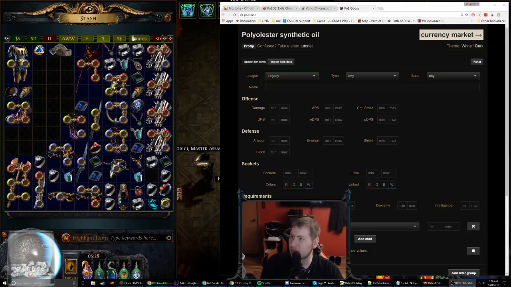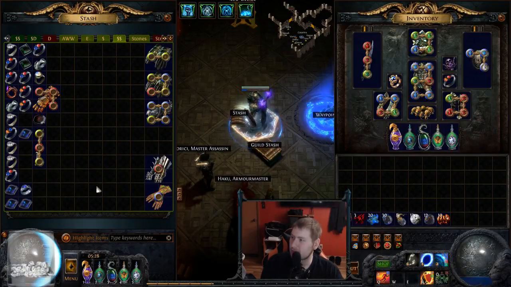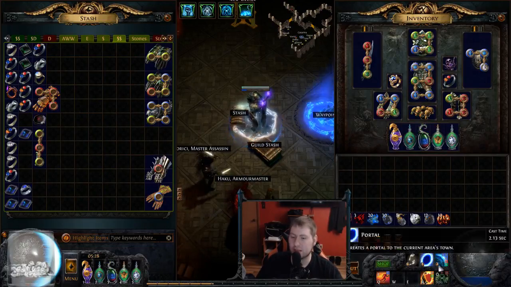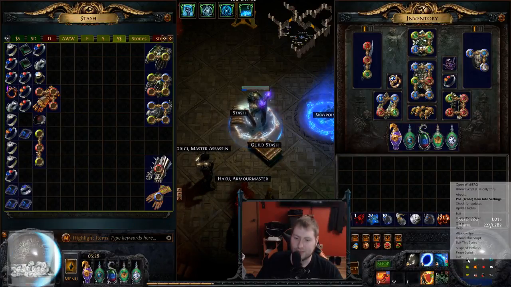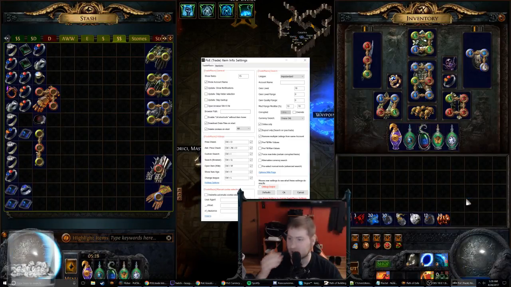I have a couple pieces of gear here that I haven't priced specifically for this, some rings and jewels and stuff. I'm going to go through and price it with you. The thing I'm using that's the most beneficial is called the poe.trade macro. Once you have this installed, you're able to go into the settings, and I'll leave a link in the description for where to get it. This opens up the trade macro settings, and really the only thing you need to change, I felt,